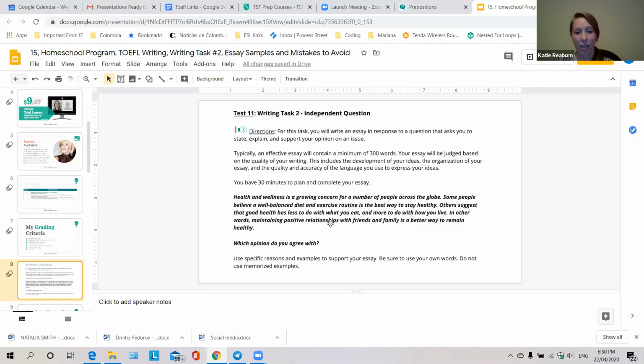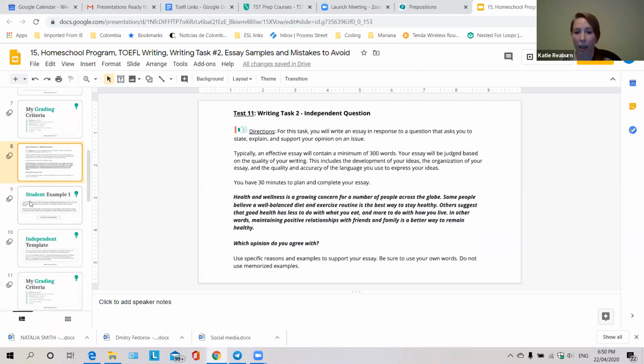And like I said in the last class, don't get intimidated by a long question. In the end, it still is just a 2-option prompt here, or preference, if you want to call it that. Do you want this? Do you want that? Which is correct? Which one do you think is the best? Which one do you agree with?